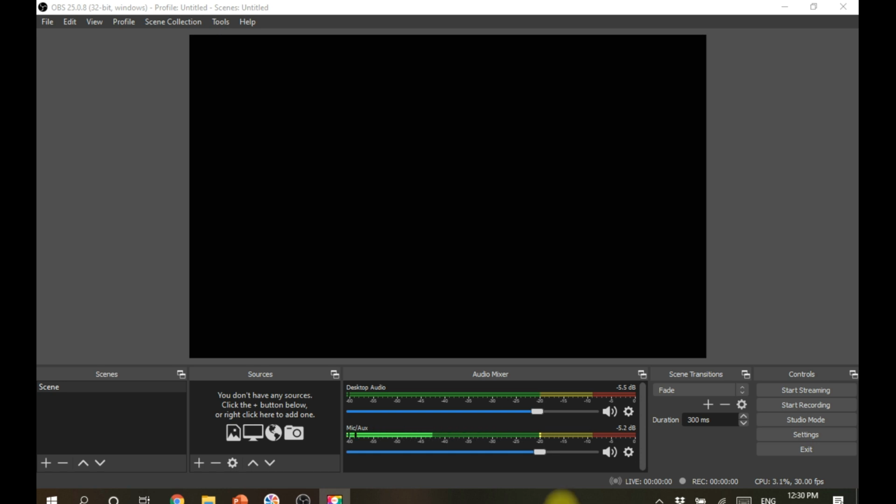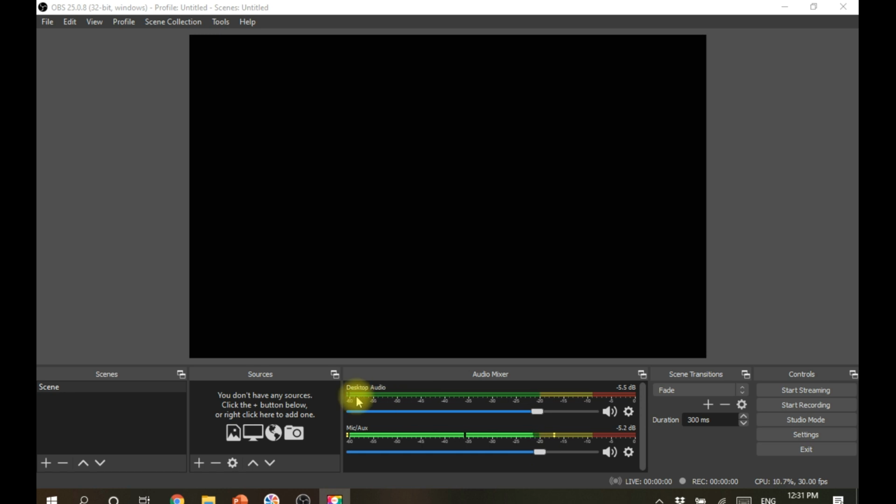First, open the OBS software. The appearance will be like this. If your mic is okay, when we are speak, you can observe the variation here. And for desktop audio, if any inbuilt audio is there, you can observe the variation here. This is the amplitude, the gain, that we can control. Don't keep it at full. It is better to keep it at the green level.